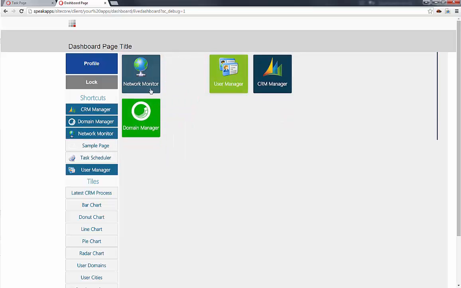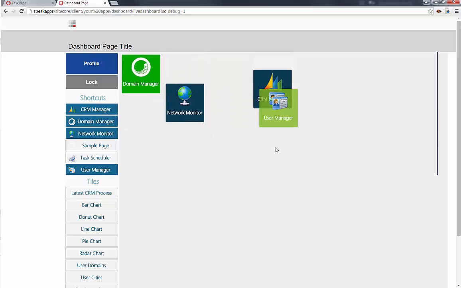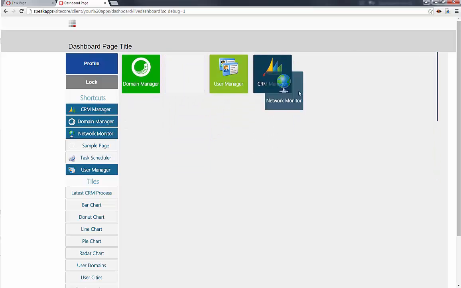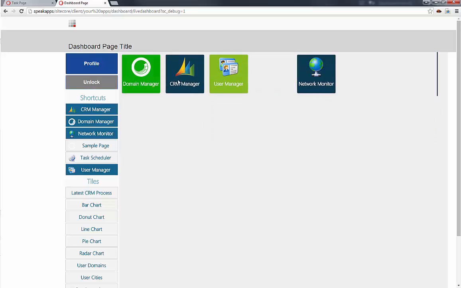Okay, so very cool. Gridster allows us to do this management of these tiles like so. So now we can lock it and then open one of them up. I won't though because it will exit out of this. So the second part of that I wanted to look at was